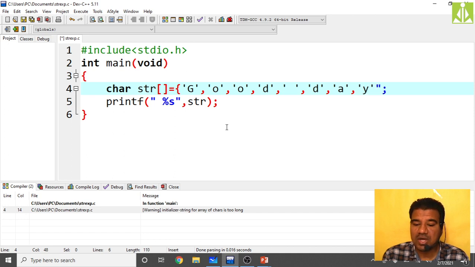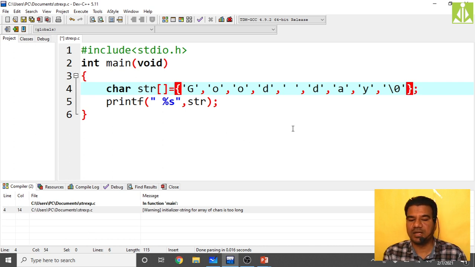Okay, so after storing the last character, what do we have to do? We need to make the last character a delimiter. Store the delimiter over here like this. Now you close that set, the curly bracket.